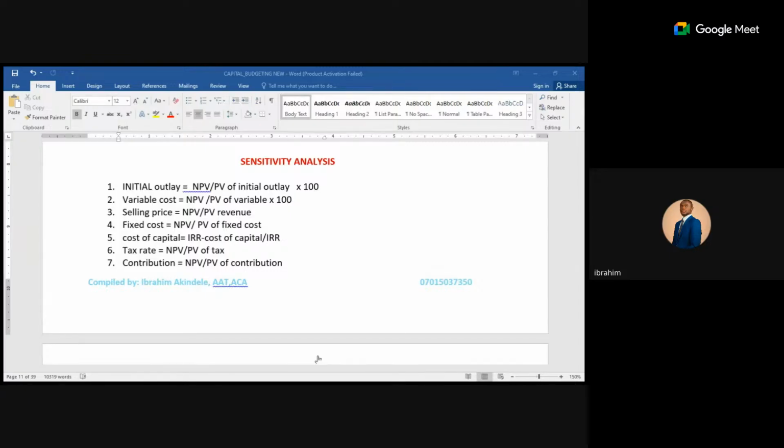Imagine you're a project finance manager and you've calculated your sensitivity analysis to be 50%, and someone now brings an additional quotation for this project, saying, oh, okay, you have to add this, we need to buy this and this. You have to show the person that if you adjust anything here, this project will not be viable. We will not get money. We will not get profit from this project, right? Everybody will go back and adjust and adjust and adjust. That is the importance of what? Sensitivity analysis.